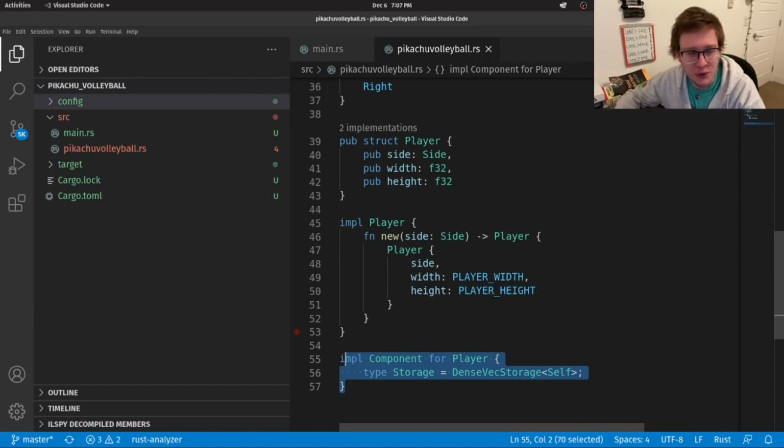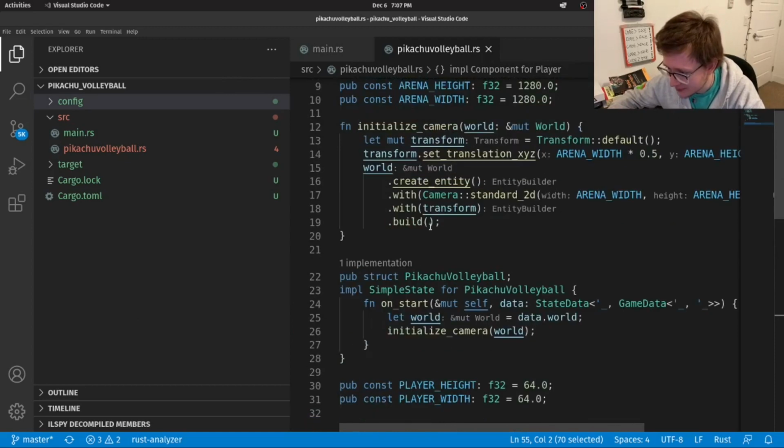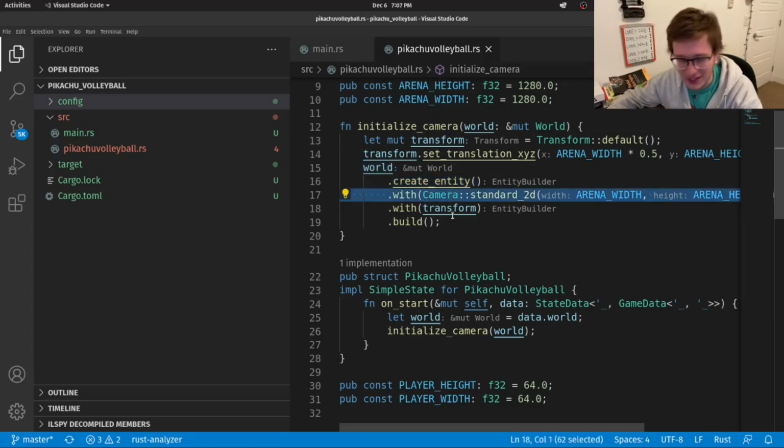Now, it might be a bit confusing why player is a component in the first place and not an entity, like I mentioned in the beginning of the video. So to understand it better, let's just look back at when we created the camera entity. Scrolling up, we see that to create the camera, all we said was world create entity. That's it, okay? We then attach a camera component which categorizes our entity as our camera, okay? So remember, entities are just a collection of components.